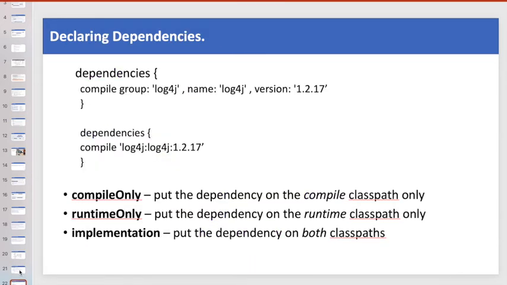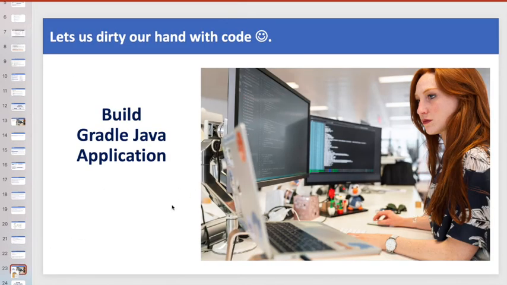Then you can add the dependency here. There are two ways to add the dependency. You can give the group name and the version separately, or you can combine them together in shortcut form. One more piece of information: you can define the configuration type, such as compileOnly, runtime, implementation. Some dependencies are required only to compile your code, so you can specify compileOnly. Some dependencies are required only at runtime, so you can give runtime. And if you want both classpaths, you can give implementation. Let me show how it works, so see all those codes and how we can do that.